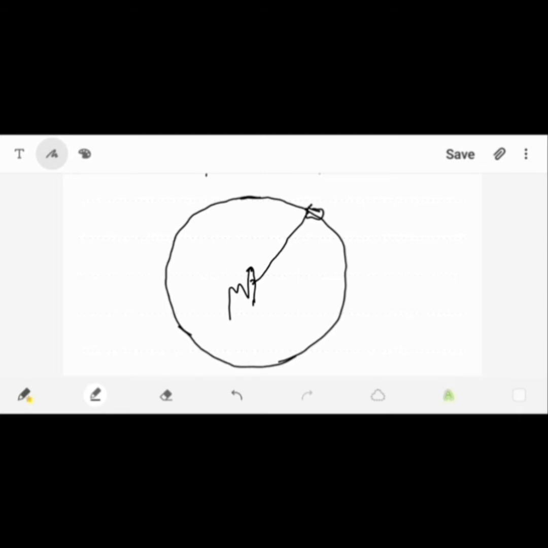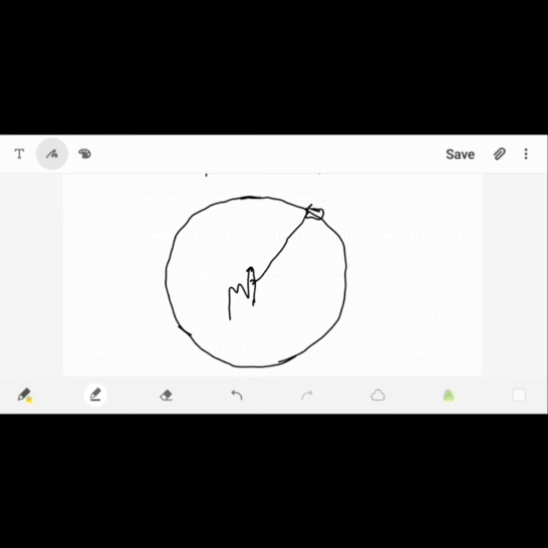When the body is rotating in the circular path, it has a tendency to move along a straight line due to inertia. But there is some sort of force which keeps it moving in the circular path. That force is known as centripetal force. This centripetal force is defined as the force which keeps the body moving in the circular path. There are some characteristics of that force. Let's discuss these characteristics one by one.